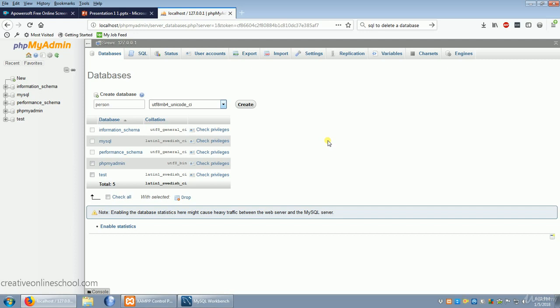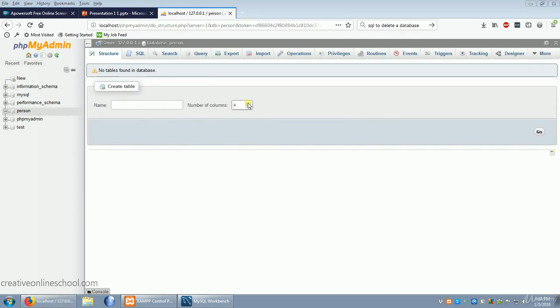So let's create our database. Now that we have a database, it's prompting us to create a table. You can set the number of columns and the name right here. Now every person has a name, so our first table we're going to call Name. And I'm only going to use 3 columns for this because we're going to keep it pretty simple. Now click Go,